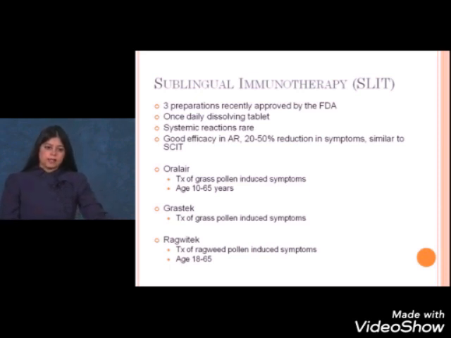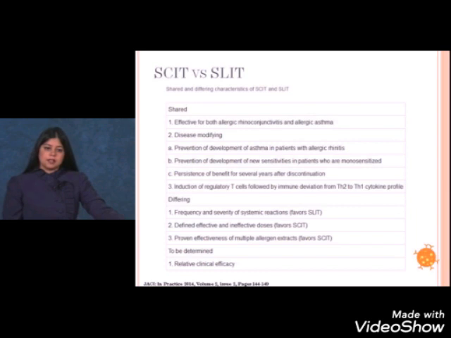Grastek is for the treatment of grass pollen-induced symptoms, and Ragwitek is for the treatment of ragweed pollen-induced symptoms, for ages 18 to 65. The problem with sublingual immunotherapy, though, is that it's monotherapy, and it's not yet at the point where we're doing multiple allergen immunotherapy. So this is a nice table looking at the benefits, the shared characteristics and the differing characteristics